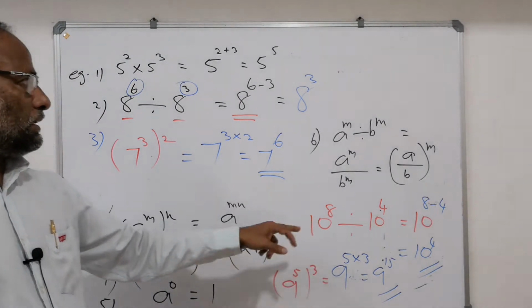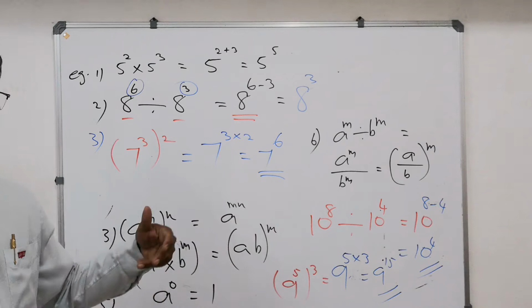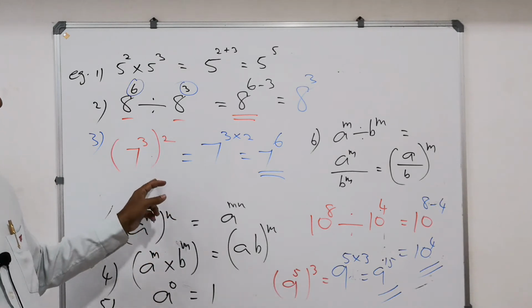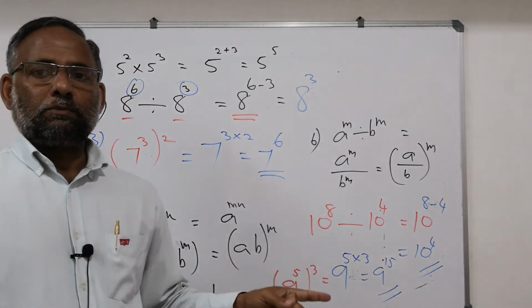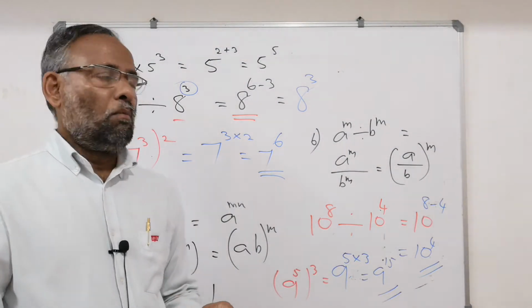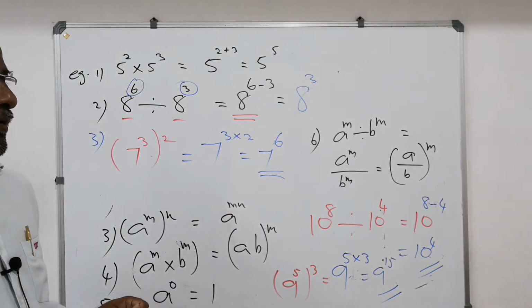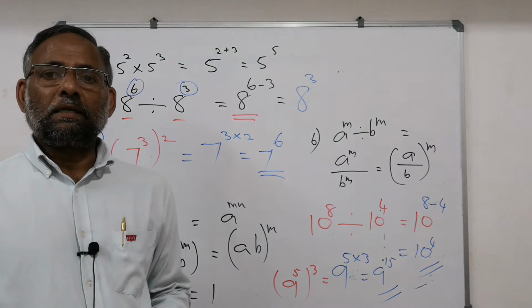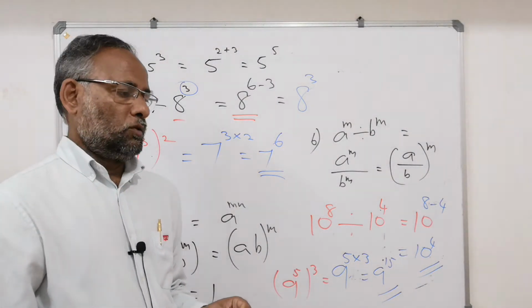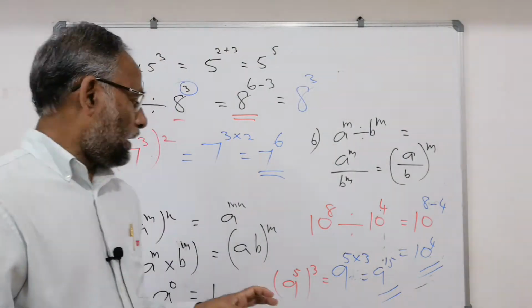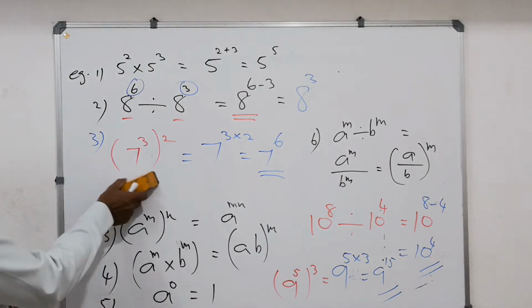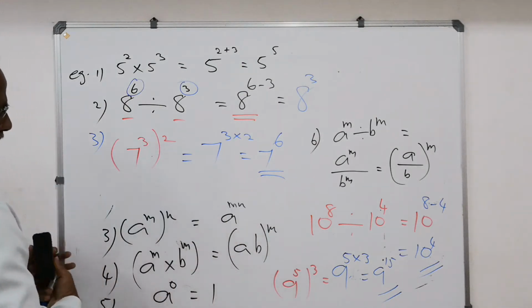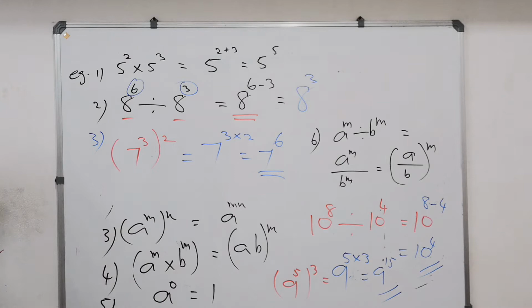Even though you studied this in class 7, now we are revisiting because we are coming to the negative exponents. As I told you in the morning, x inverse 1, that is 1 by x, 10 inverse 2, that is 1 by 10 square, that is 1 by 100. Now, let me conclude this after explaining these two in 3 minutes.